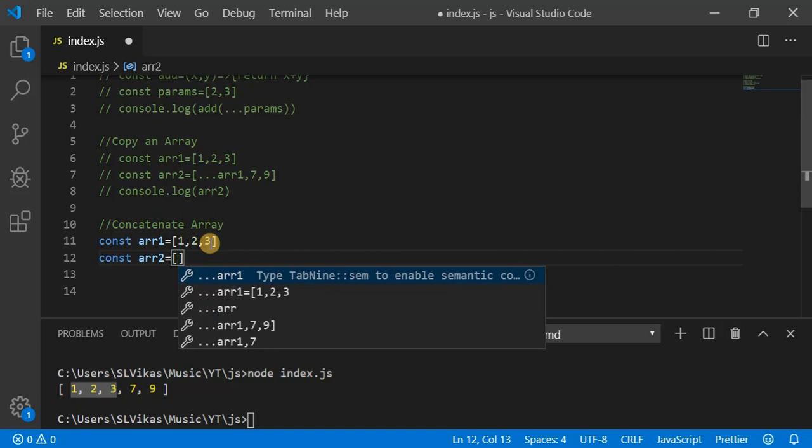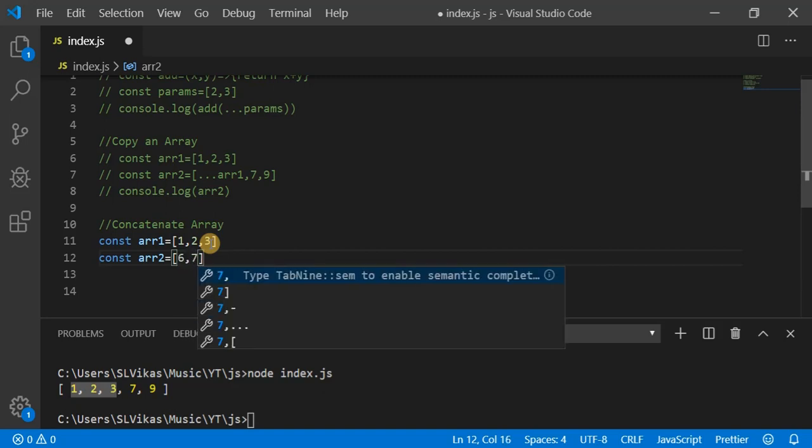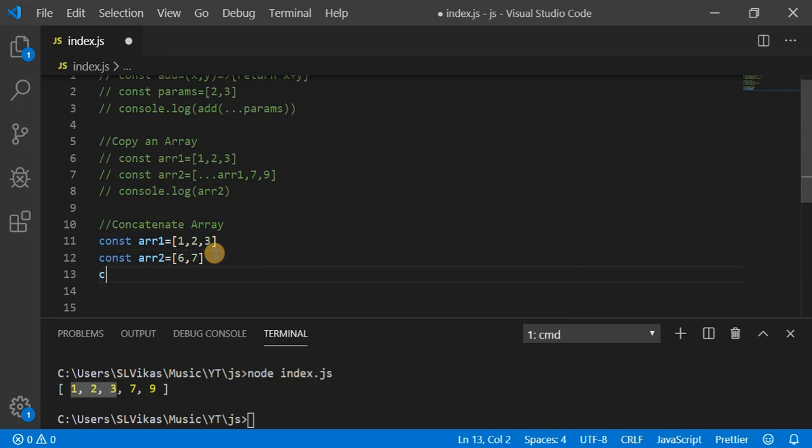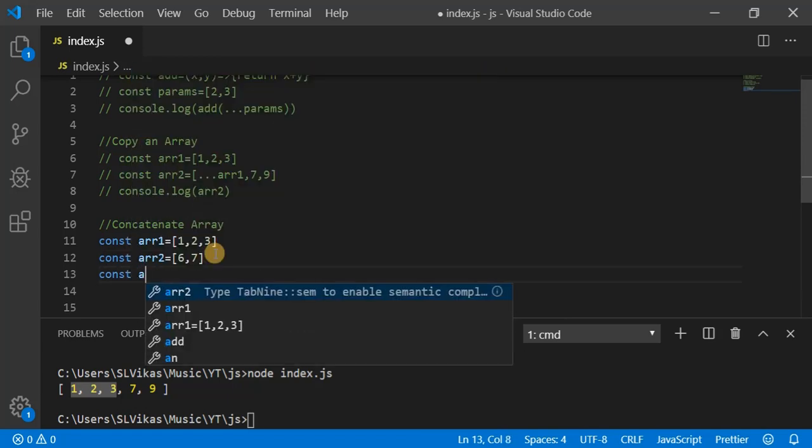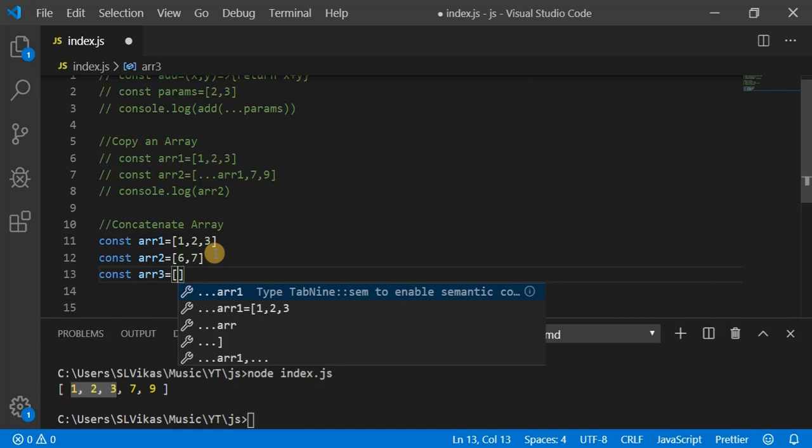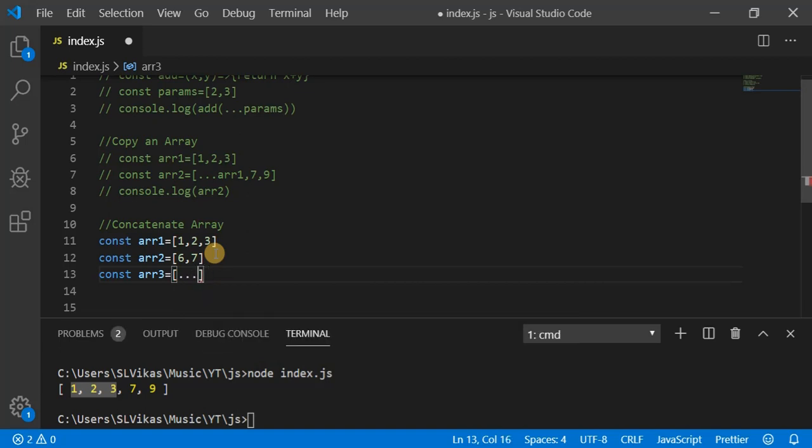So let's define some different elements, 7, 6. Now I wanted to create a third array which has to be a combination of the first array and the second array. So what I can write here, a spread array1 comma array2.